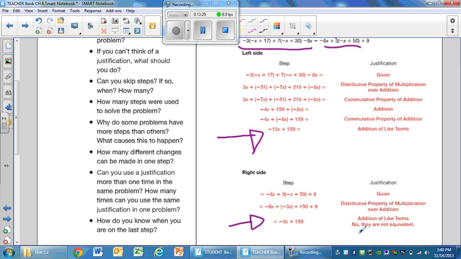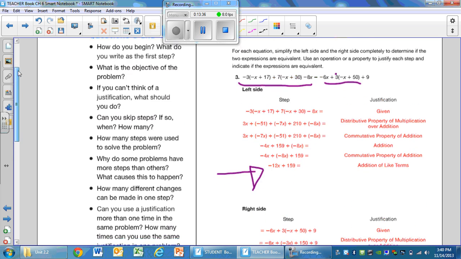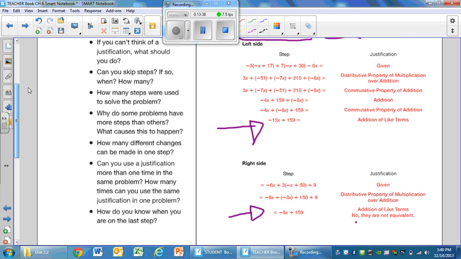So are they equivalent? No, they're not equivalent. So this is number 3 on page 331. I want you to do number 4 on page 332, and we can compare and share those with a neighbor